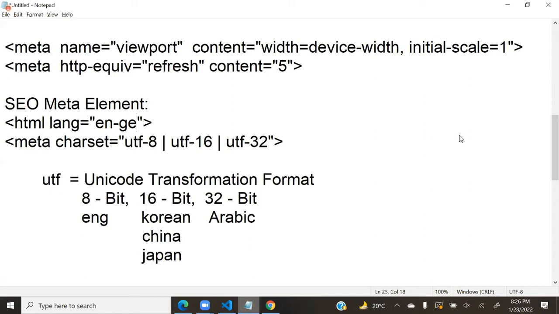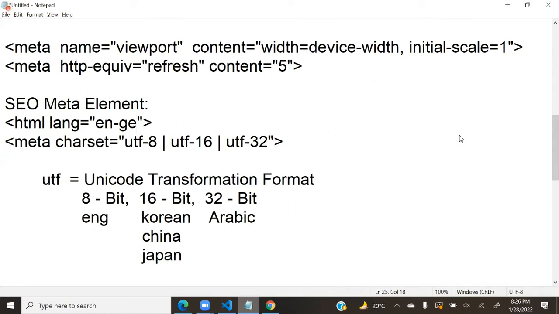French English is also 8-bit only. But if it is in another language, French English is different, French is different. If it is in French, then it will define another character set. If it is Chinese, another character set. So that is how you configure the options.